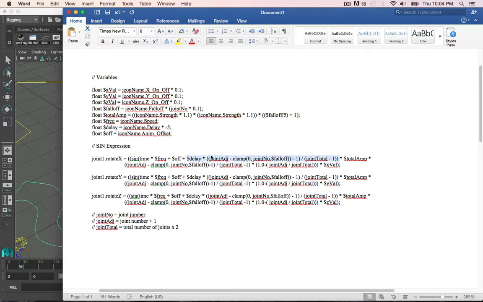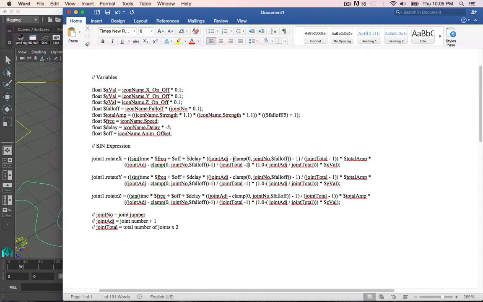So for the first joint, there really isn't any delay, but the second joint will have a little bit more delay, and the third joint will have a little bit more delay, and it keeps going. And one thing I changed in here, oh, and before I go into that, I'll explain words like joint adjust and joint number and joint total. So the joint adjust is essentially the total number of joints plus 1. And the reason I do that is that through this math, it takes the joint number and subtracts 1 from it. If this was the first joint and I subtract 1, that gives me 0. And if you multiply anything by 0, it's automatically 0. So we add 1 to this number, so if you subtract 2 minus 1, you get 1,